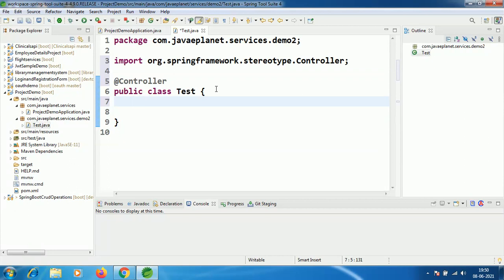Write one method with return type as a String.